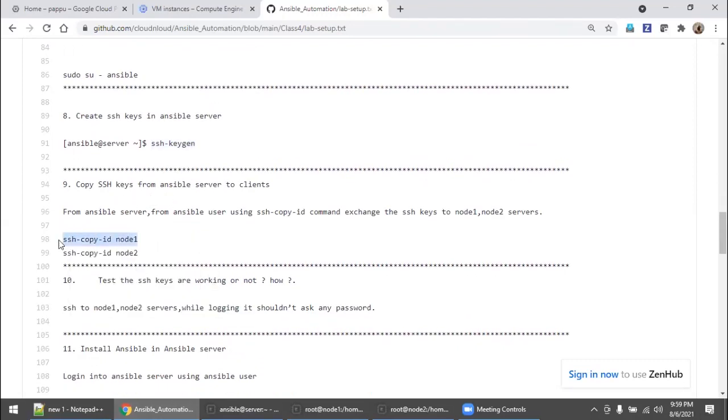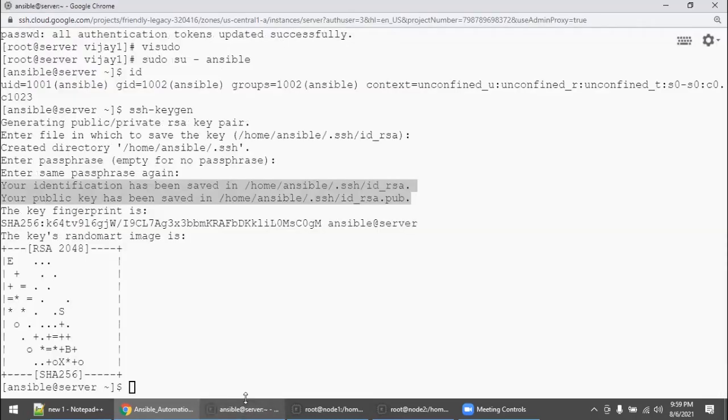Remember, we are already logged in as the ansible user on the Ansible server. From here, if you type this command, ssh-copy-id, it automatically takes the current user ID, which is ansible. We are not specifying any user, it will take the current user you logged in as.